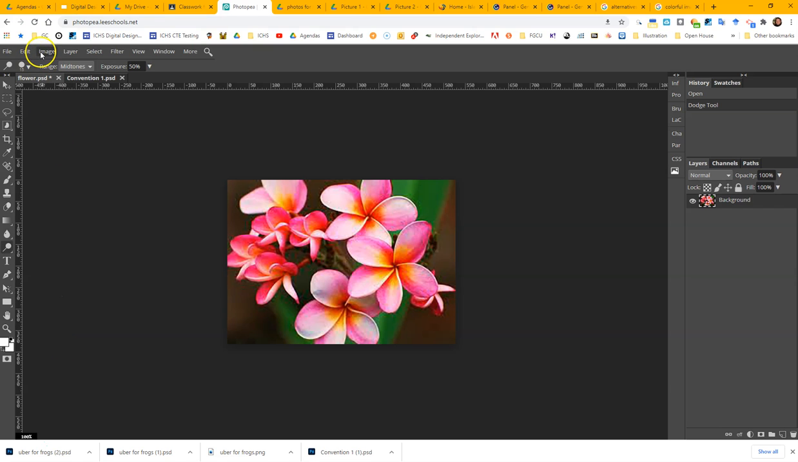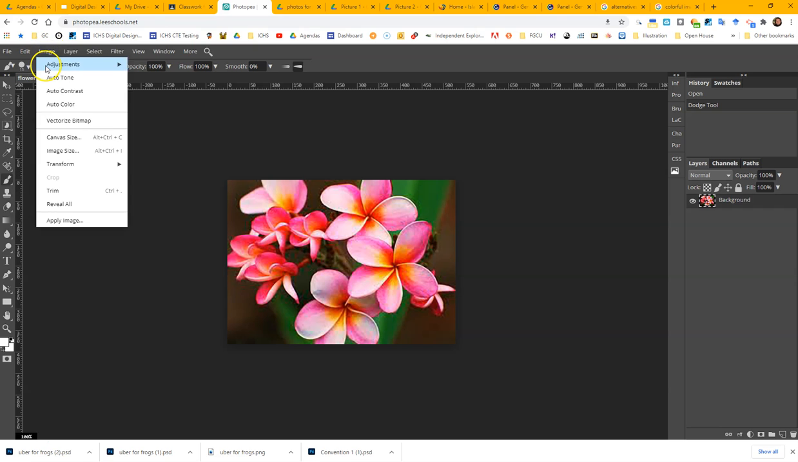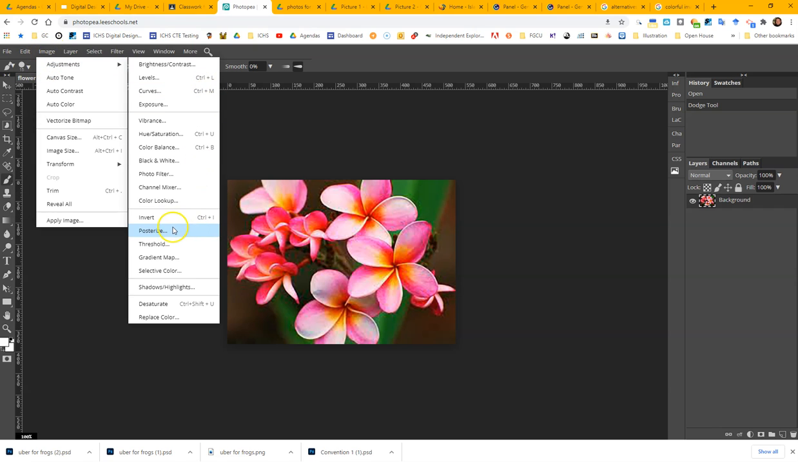In Photopea, we do not have the art history or the history brush tool, but what we do have is color replacement. So what we're going to do first is go to Image, Adjustments, and we are going to go to